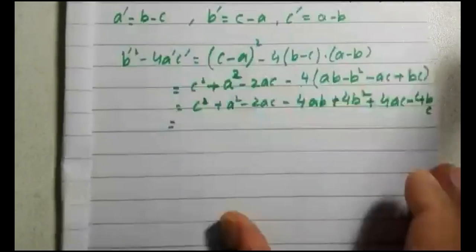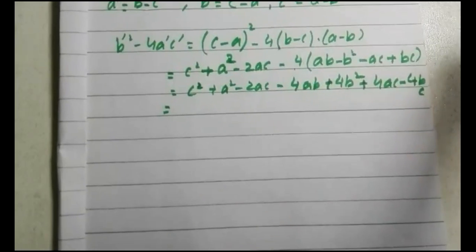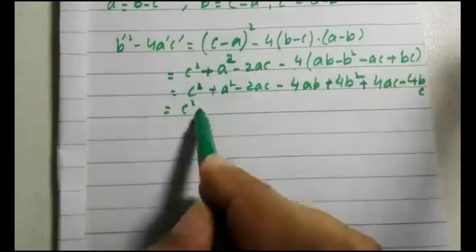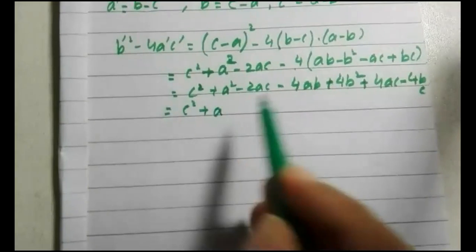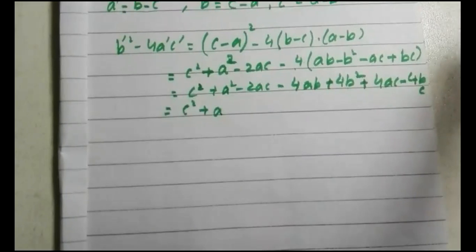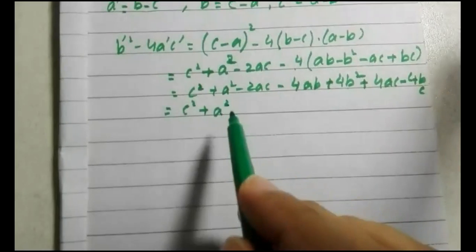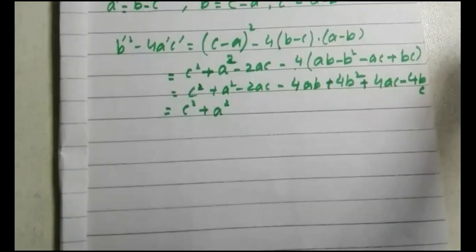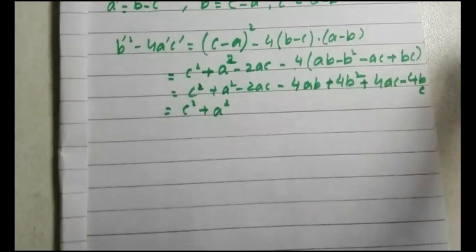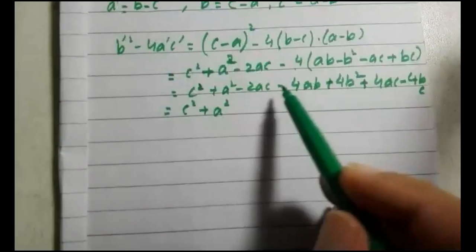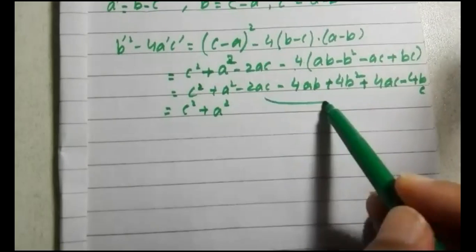And then c square plus a square. You will notice, is there any difference in the terms like c square, a square? These two terms will be simplified together,